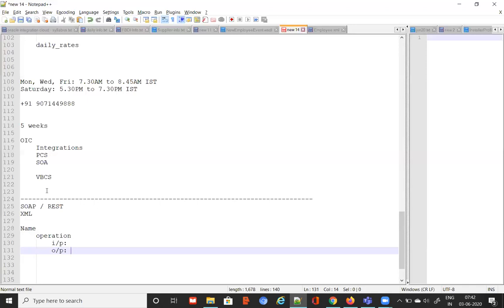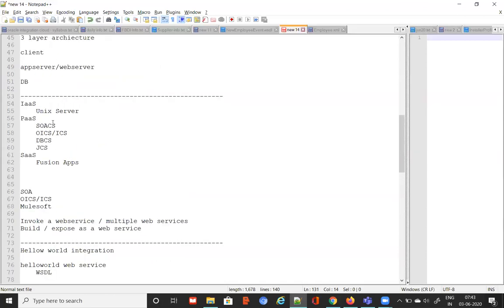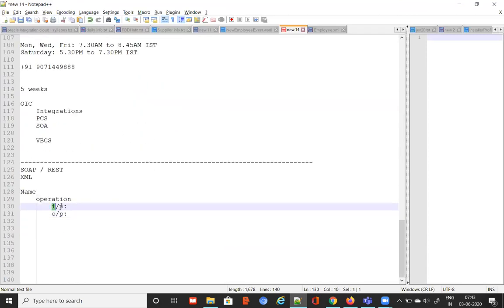So in a web service also, ultimately what we're doing is exposing a functionality, right? Only thing is that it will be available as a URL. Yesterday I was mentioning that. The moment it becomes a URL, it becomes independent of technology, right? But there also you have to mention somewhere that operation, what is the input for that operation, and what is the output for that operation, so that when the client invokes it, the client will be able to send the data in that specific type or specific structure.